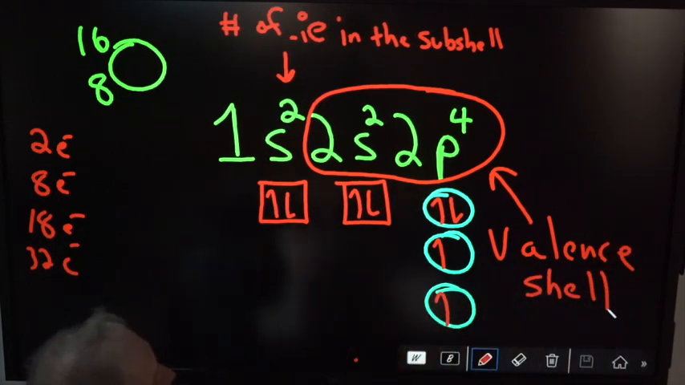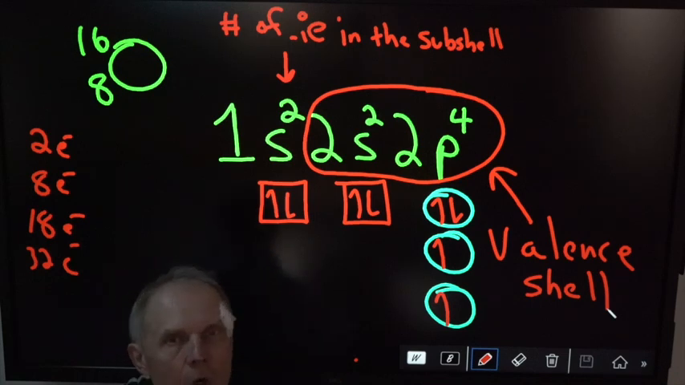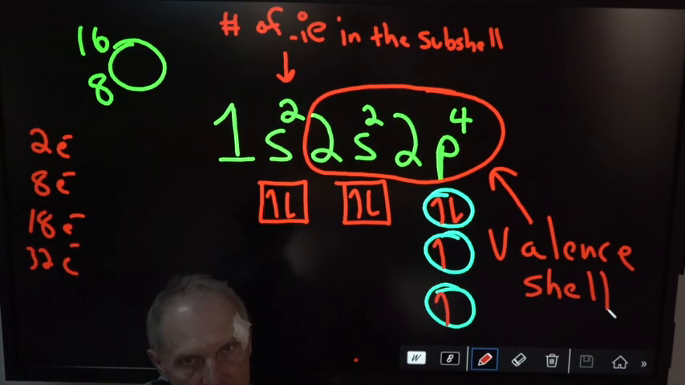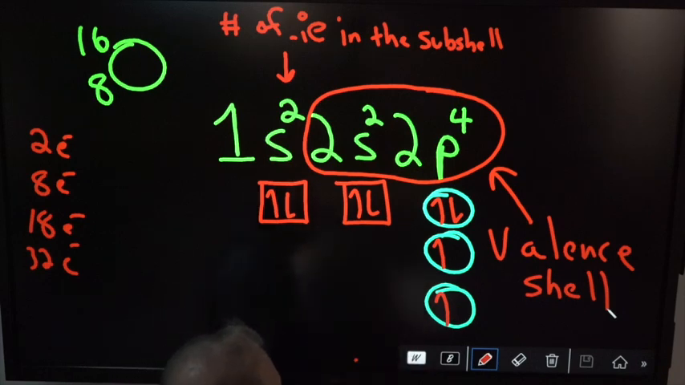The valence shell is the outside shell, and that's where all the action is. We'll talk about that a little bit later on. Okay? All right, let's do a couple more of these. Let's do aluminum. So I got Al